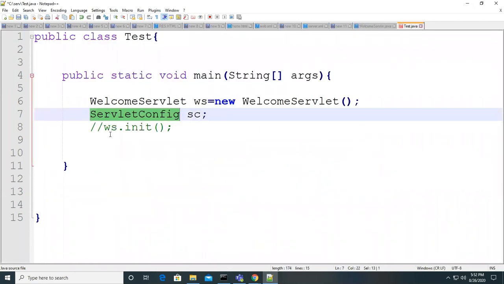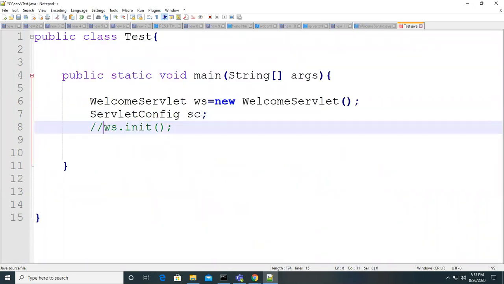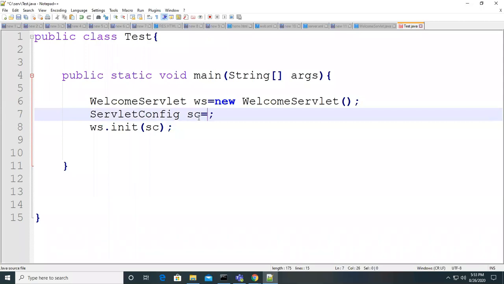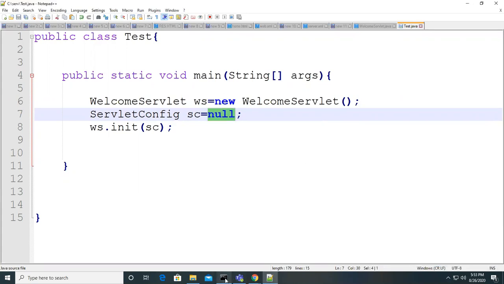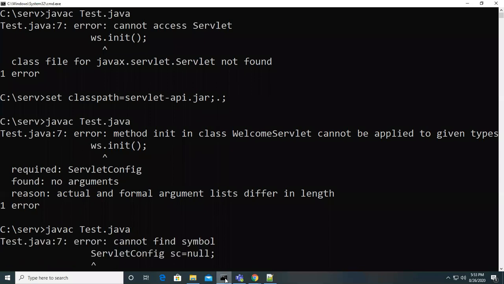So generally, if you want to call this init method, you should have that object readily. That object you have to pass to which method? The init method. Then only the compilation will succeed. What I am doing is, by default, I will make it null here. I don't know the class name, just for timing. Even if you use null and execute it, it is not useful, but I'm just doing it here.